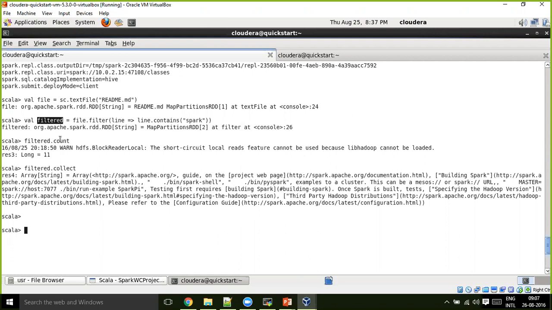If you apply the count action, the file RDD gets created first, and the filtered RDD gets created next, and then the values come into each of them. Until then, these are just plain variables, just for fun. And if you perform another action, collect, on this, again the file RDD will get created, and the filtered RDD will get created.